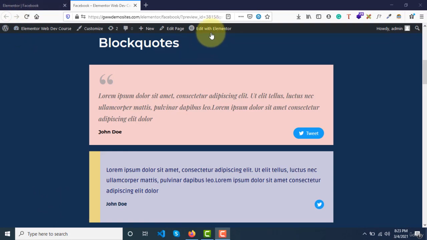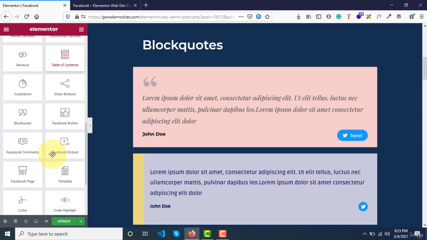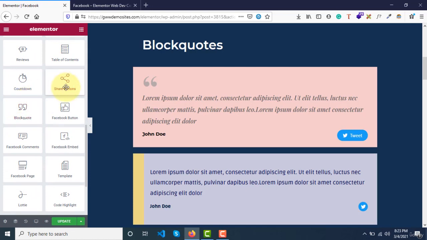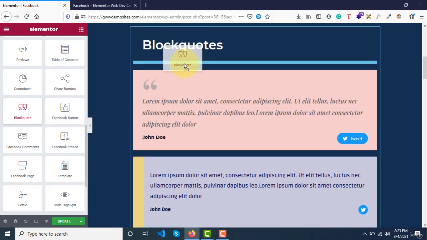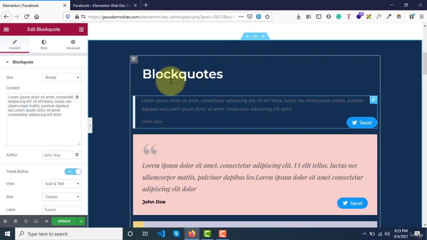So click on this edit with Elementor and go to the page editor, and then here if you go under this pro tab and scroll down, right after this share button, we have this widget called block quotes. All you need to do is just grab it and place it wherever you want to add it on your page. As soon as you put it here, this is the default design that we get,